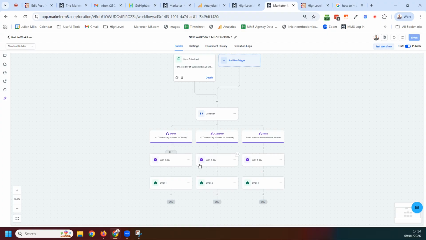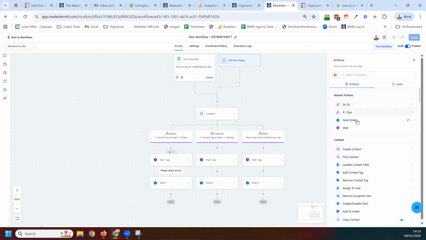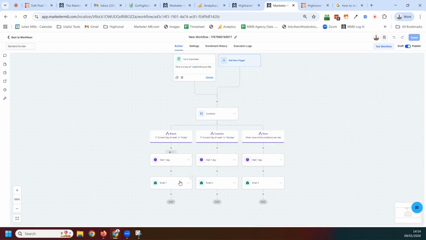So what I would be looking to use is these two tools, the go-to and the if-else. In this first example, I'm just going to use a go-to, okay? So what I want to effectively do is use a go-to to move this person from here to there, okay? So if I click on go-to here like this,